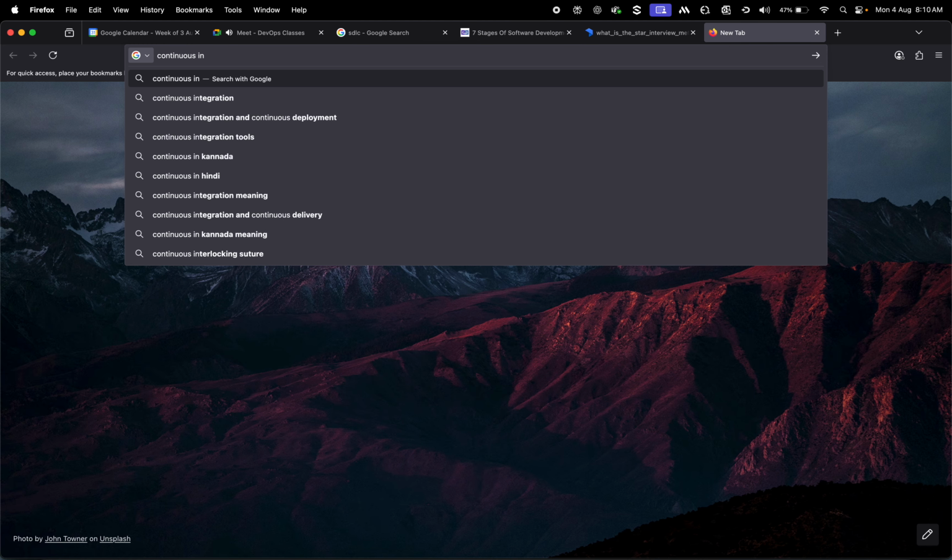But here there are two things. Up to what length will it deploy? We don't directly deploy to production. We'll have multiple environments. So what happens is like, you know,